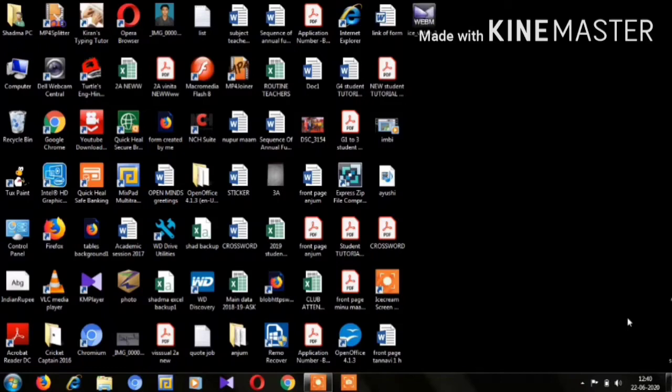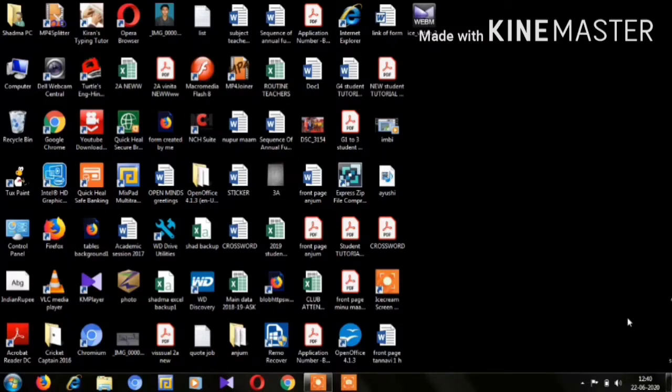Dear students, in this tutorial we will learn how to work with files and folders. But first we will discuss the library folder. So what is a library folder? It is a special type of folder which helps us access all the content of one particular type. One particular type means it can be audio, video, pictures and documents.